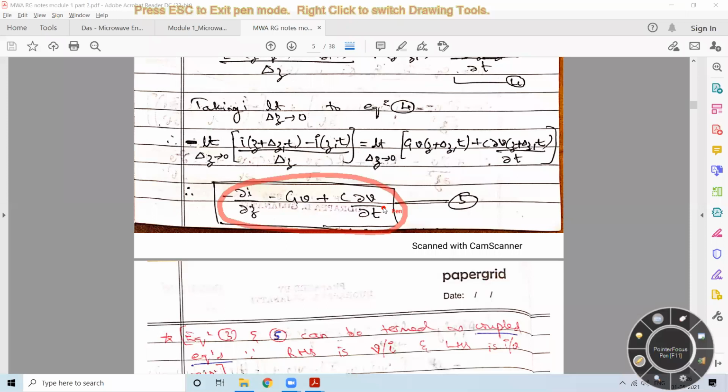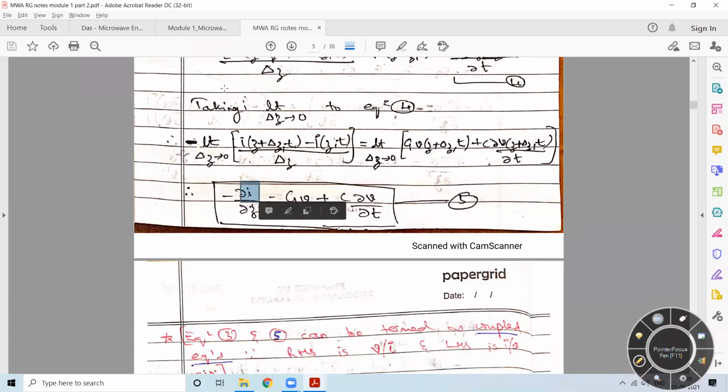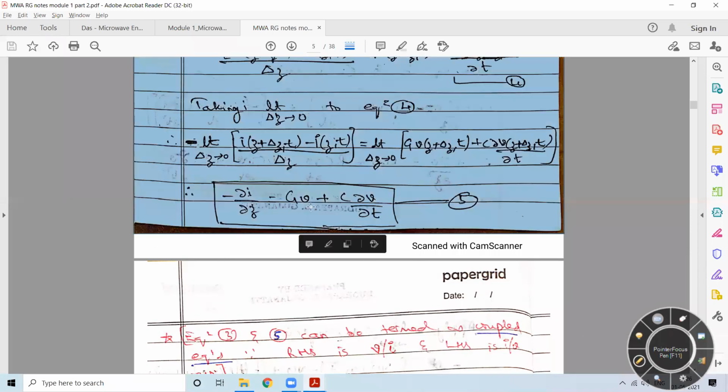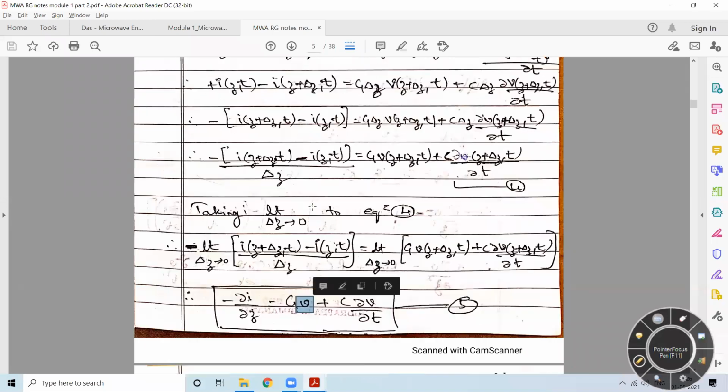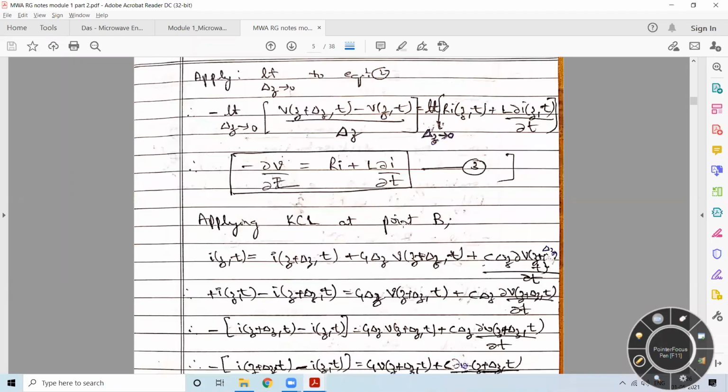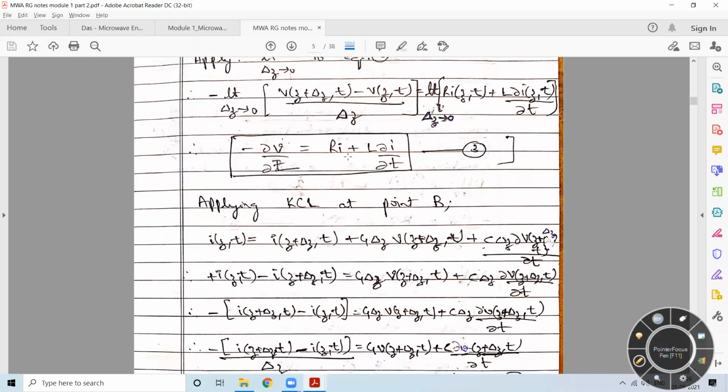Then we had gone through one of the equations wherein we tried to decouple these two equations. These two equations are called coupled equations because on the LHS I have either I or V, and on the RHS I have the instantaneous voltage parameter or the current parameter. So I need to decouple this. How do I decouple this? I try to substitute this I value in equation 3, and I try to substitute this instantaneous voltage value in equation 5.